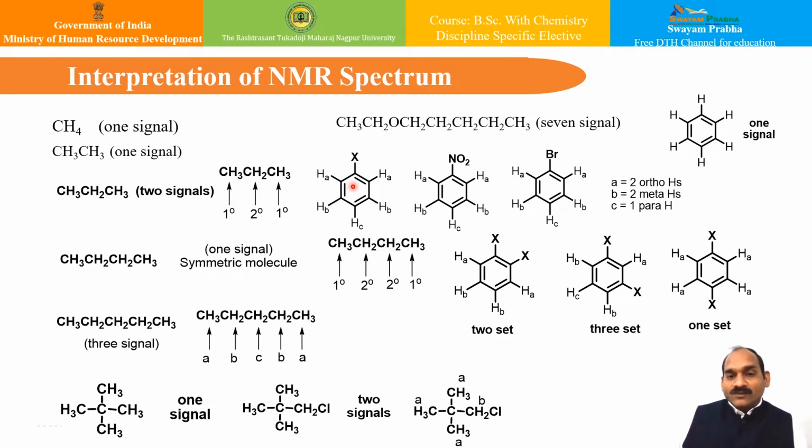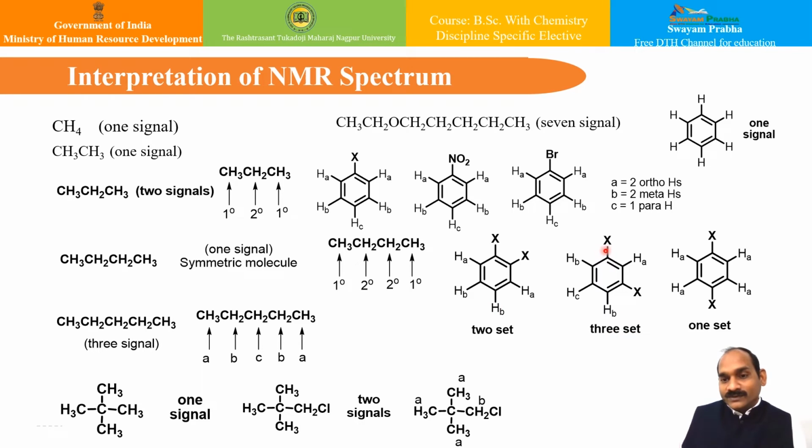If you look at the case of monosubstituted benzene, you can have different environments, like one kind and second kind, and this is third kind. So there will be 3 peaks. So A kind, which are the two ortho hydrogens or protons, B kind, 2 meta positions, and C kind, 1 para position. So you can have these peaks based on their position. As the environment changes, the peaks are going to change. In this case, if you see, disubstituted benzene will have two kinds of protons, like one kind and the other kind of protons.